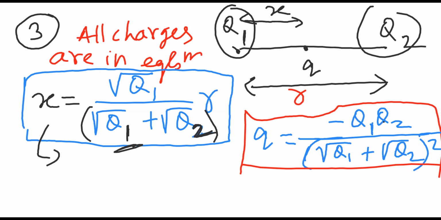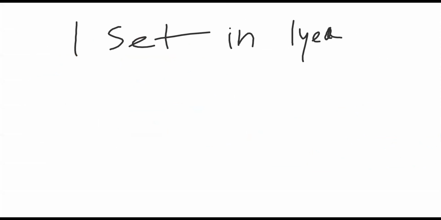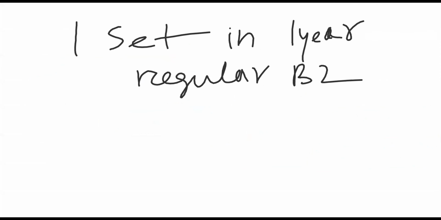Already I sent it there. Check now. With this trick, now see the formula. See how quickly you'll get the answer. So x is what? x is the distance from Q1. And r is what? The total distance between them.